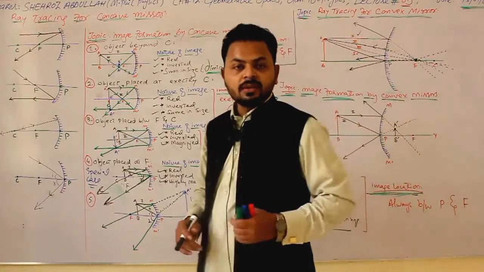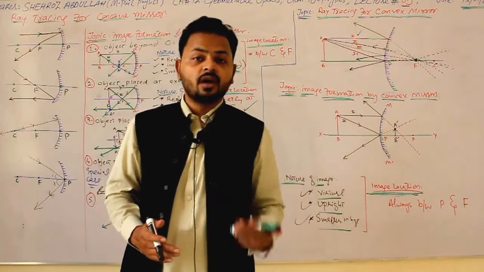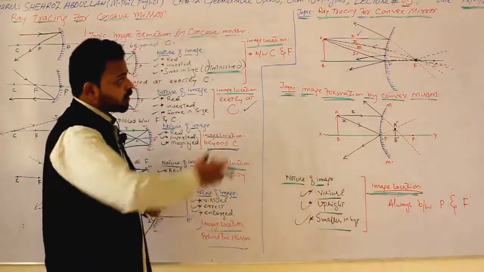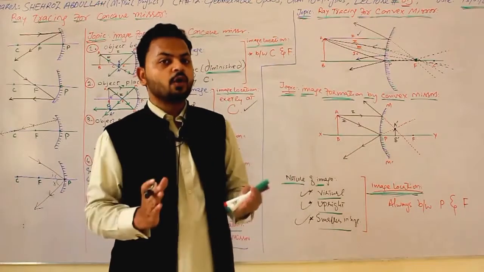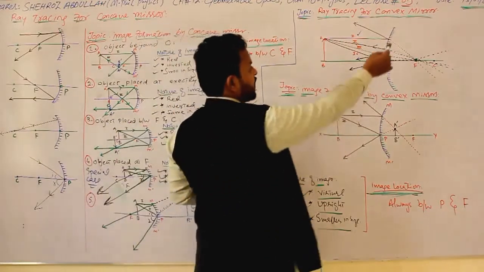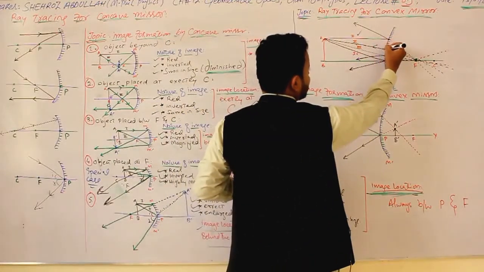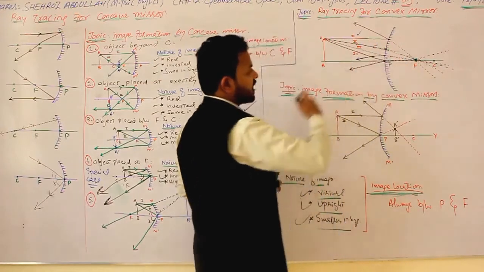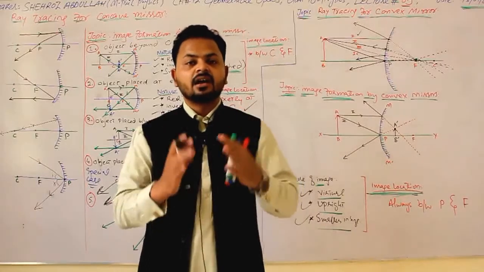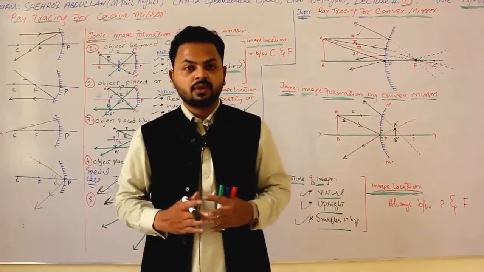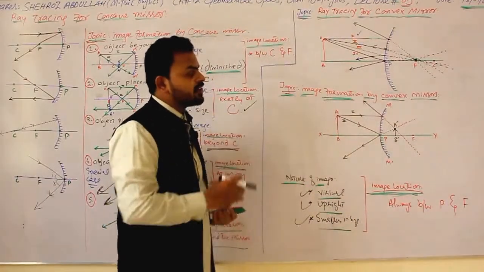After that we moved towards ray tracing and image formation of convex mirrors, and we have discussed the ray tracing for convex mirrors. We have discussed 4 rays over here. We had a convex mirror, 4 rays were coming and striking at different points on the convex mirror, and we stretched the rays back and they meet each other at point F over there.